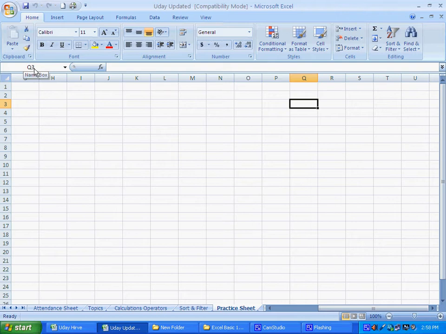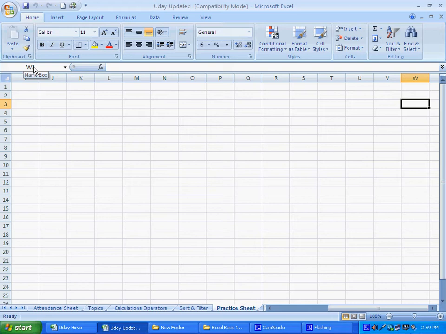So you will see I am right now in the Q column and third row. As soon as I press the Tab button, my name box changes to R3. Right now I am in R column and row 3. So this part is called the name box. Name box shows which cell you are working in right now. You can find out from this name box.